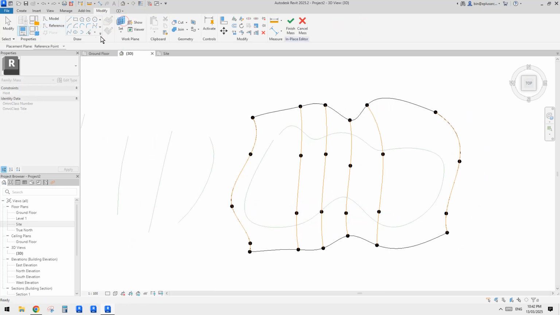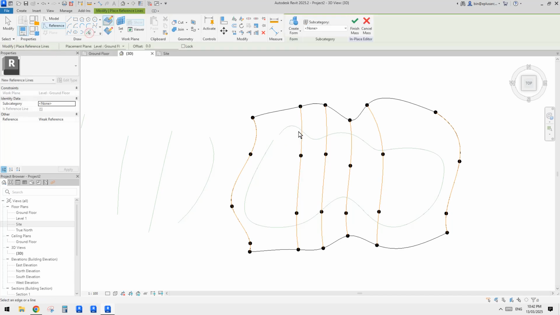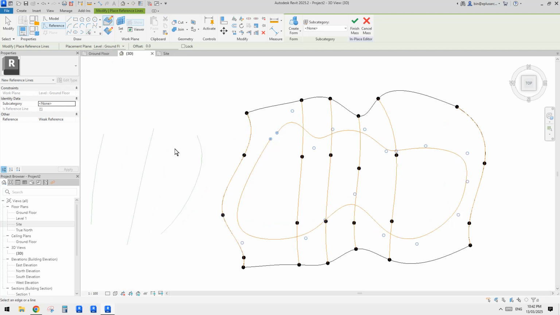Maybe because we didn't set the work plane. Currently it's on one reference point, but I don't know which one. So change this one to ground floor. So now let's pick again. See, now we can pick the reference spline we just did as a model line,